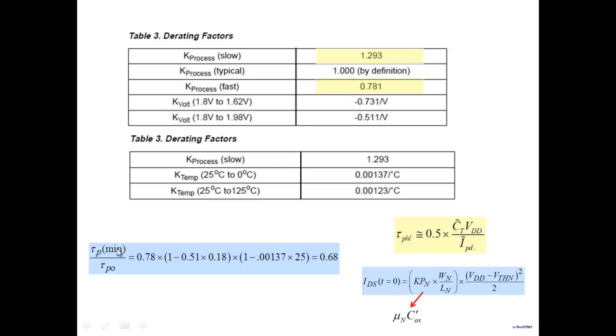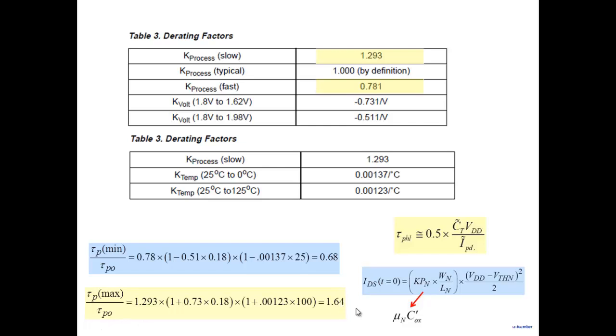So we get this factor here. So what we arrive at is tau p minimum by tau p 0 is 0.66. So actual delay value can fall as much as, you can see here, 32% below what the nominal value is. And similarly, I can calculate what is the maximum value here. By taking again a slow process and all that, it comes out to be 1.64 here. So it can be as high as 64% higher